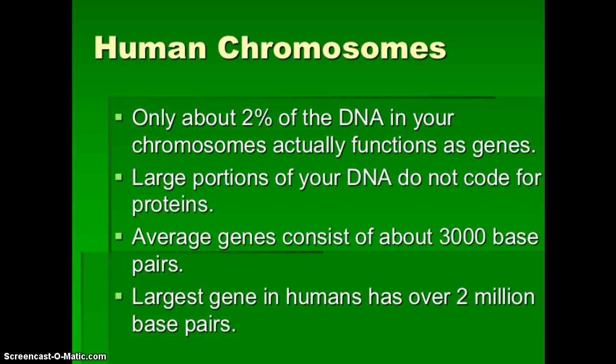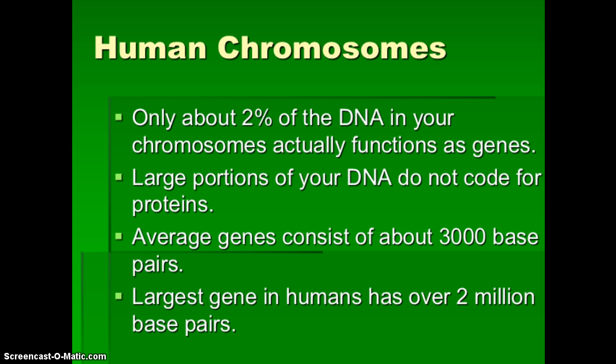Chapter 14, Section 2. We continue to look at genetic information and how it is passed on from parents to offspring, and what we can learn from this information. We're going to backtrack just a little bit to discuss some of the genetic information that is actually located on chromosomes. So we know chromosomes are made up of DNA, all of our genetic information, but only 2% of the